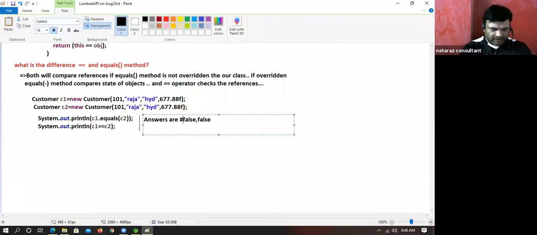Hash 1 false, hash 2 false. I will tell what that is. False, if equals method is not overridden in the customer class.